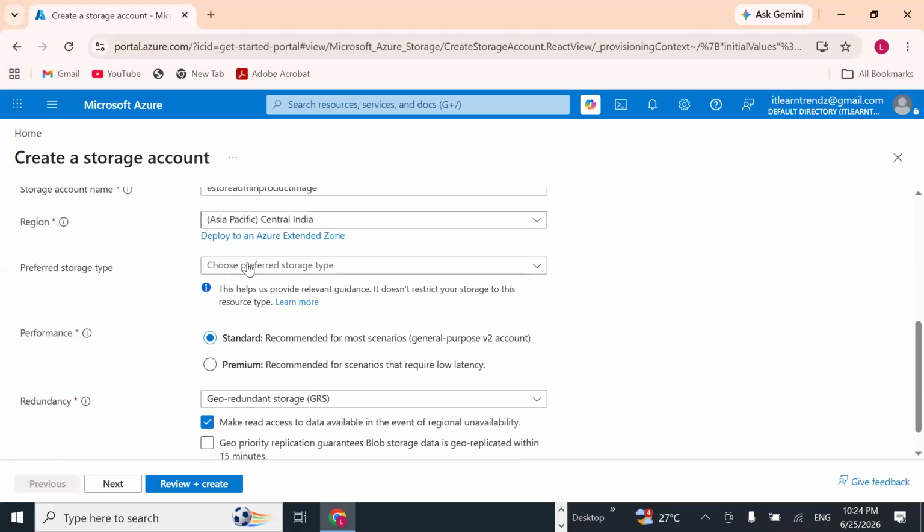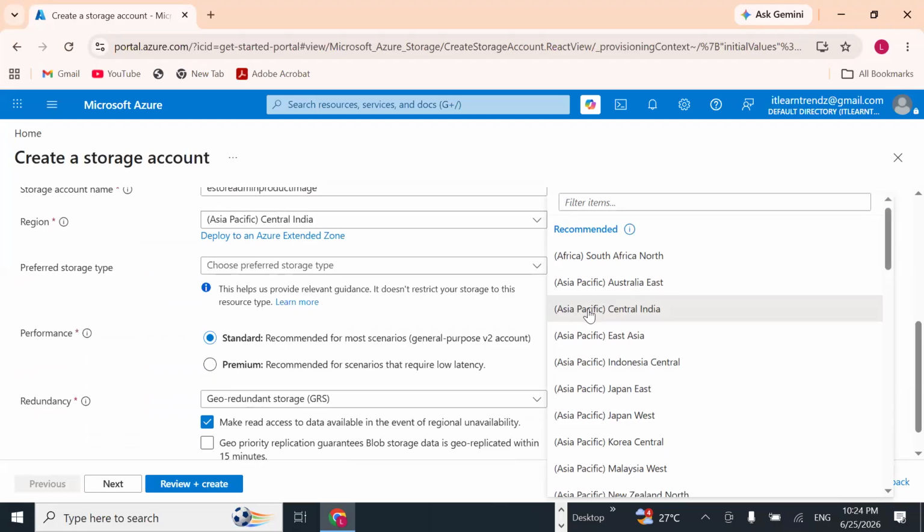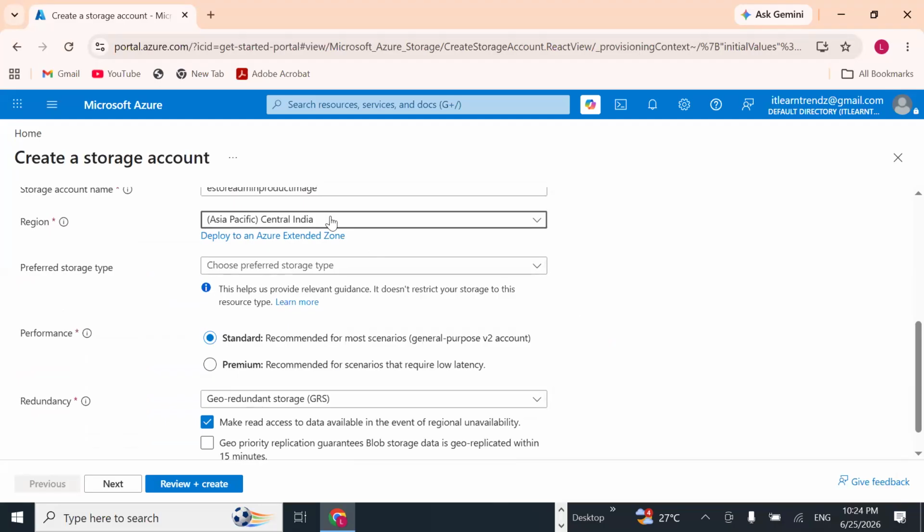And then come down, you are specifying the region. In which region you are going to specify? I'm currently using Asia Pacific, under Central region, so that your cost will be very less. And then you are going for a standard. Now you see,